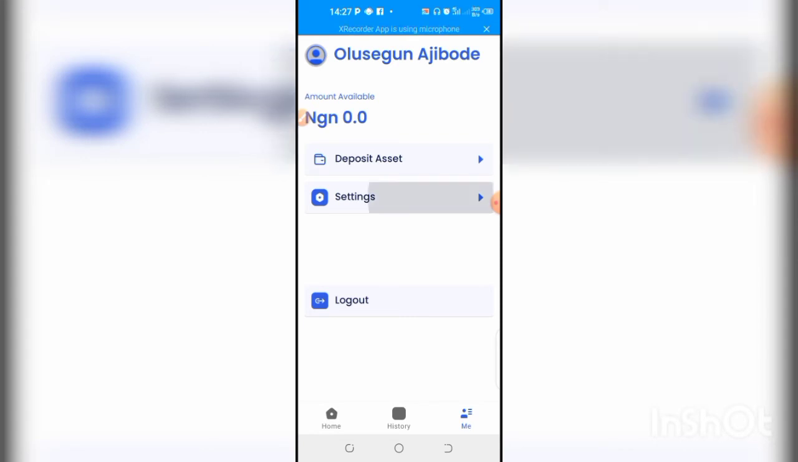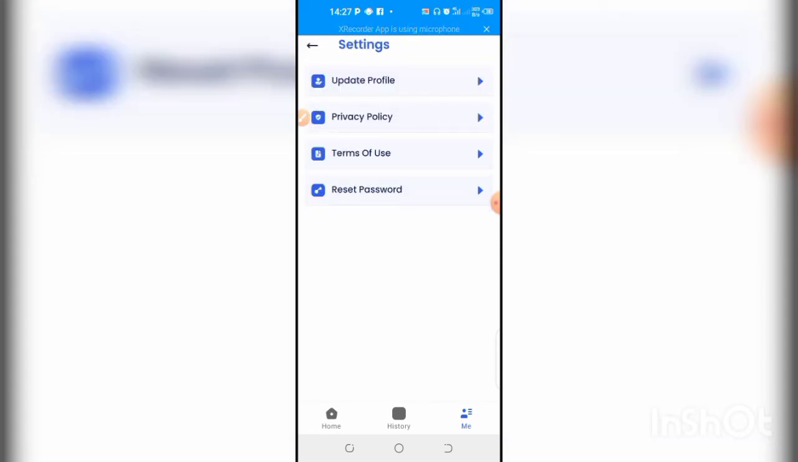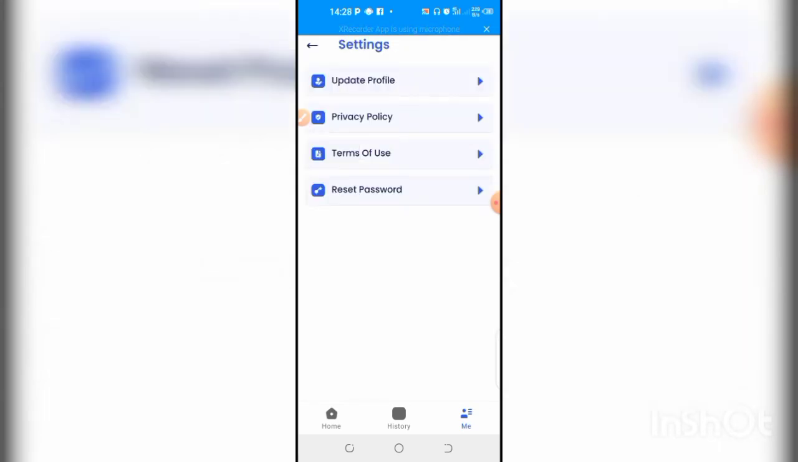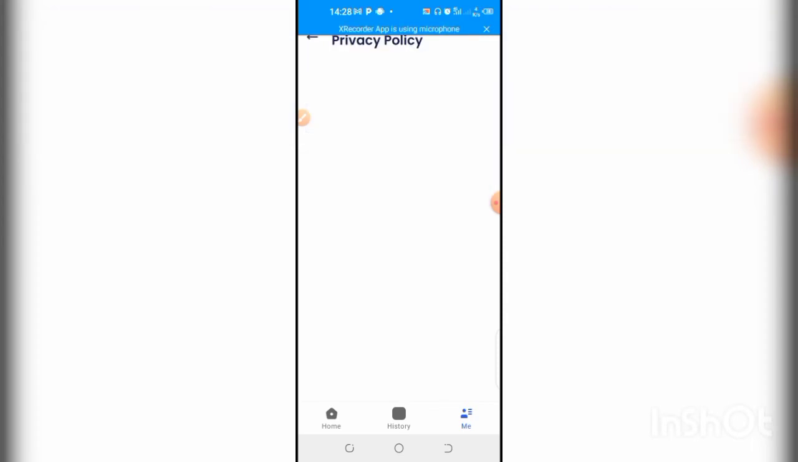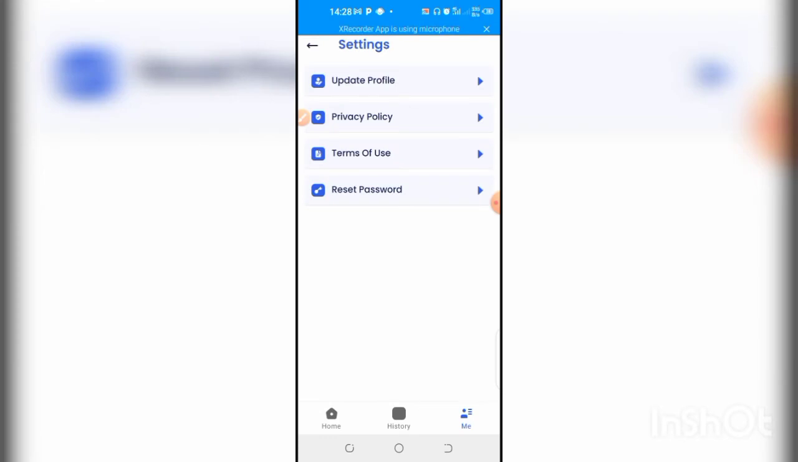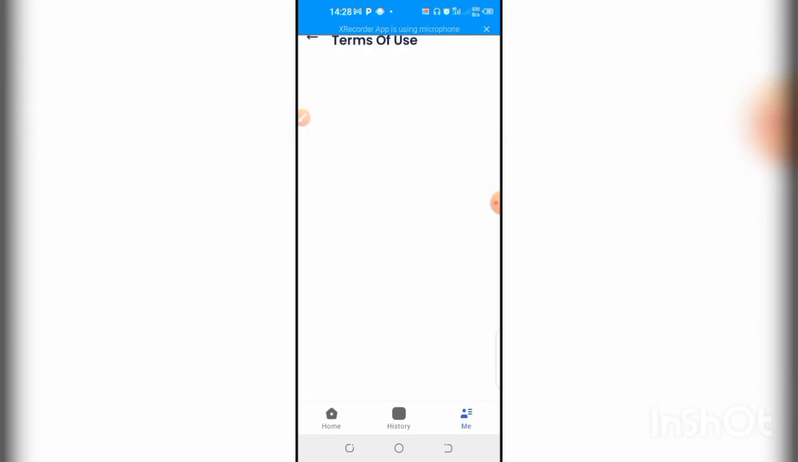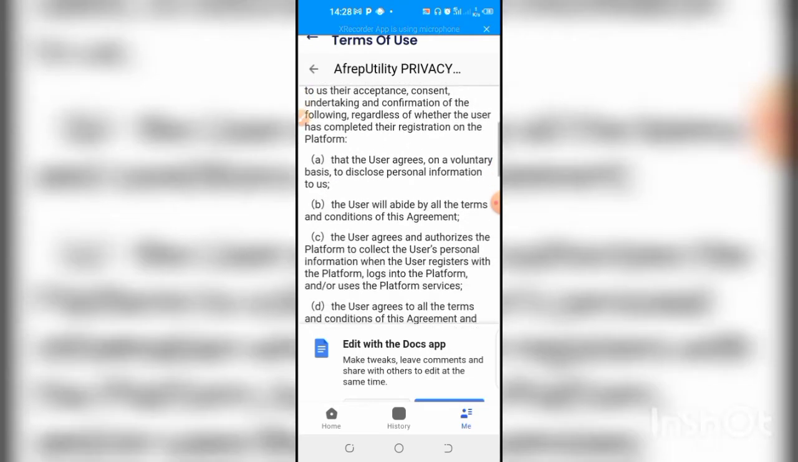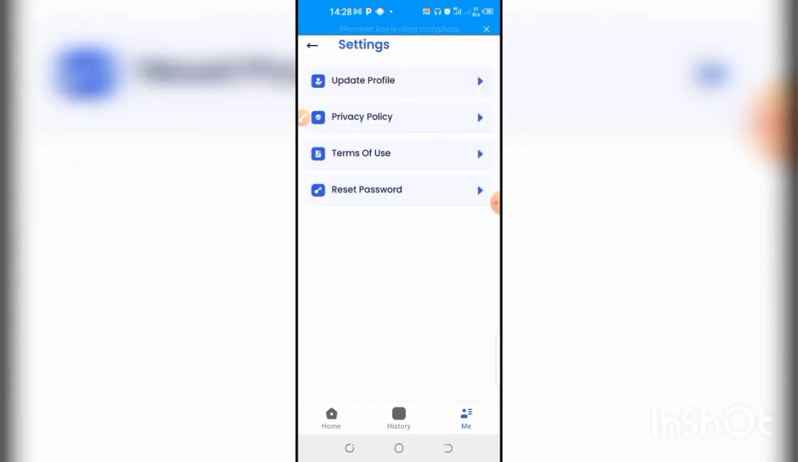Now the settings. When you go to settings, you can update your profile. You see your name and everything here. Then when you have updated it, you click save. The privacy policy of this app, look at it and read it, you see what is expected of you and what is expected of the company. And you come and read your terms of use. Look at the terms of use and read through it and see what their terms and